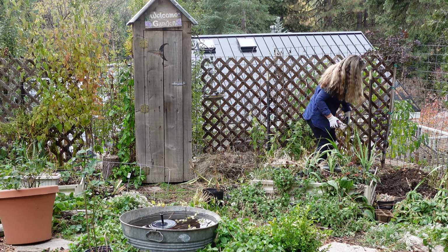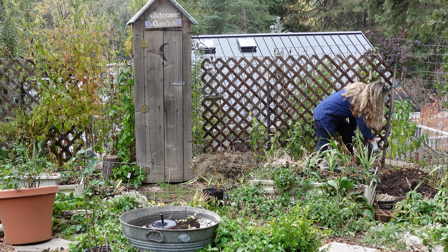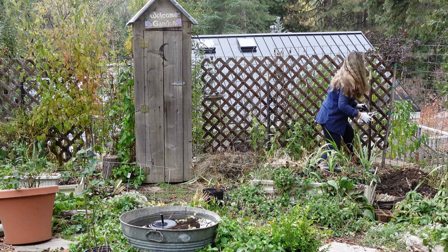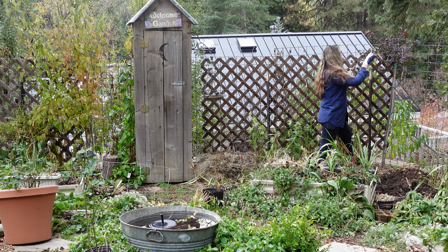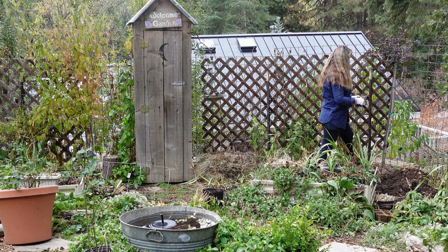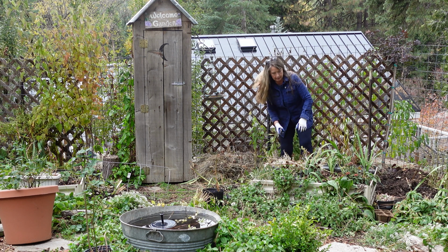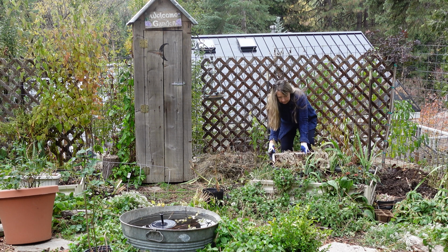I need to nip back this smoke bush there, because I want this to be just the tree and up here, and I'm trying to keep it to a certain size. I don't want it to get big. I don't like them big. They're not very pretty big to me. They just look kind of scruffy. Okay, let's see. Now this was one of my